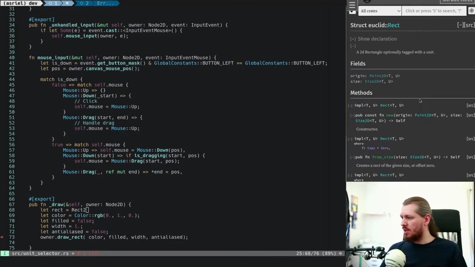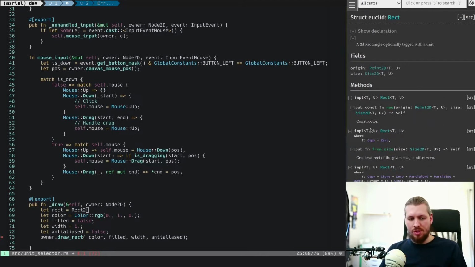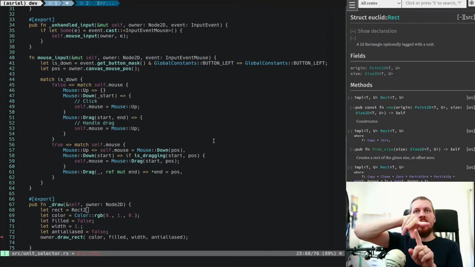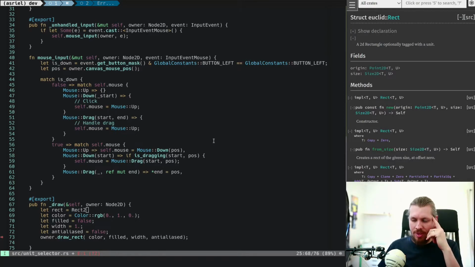And then we do a new origin and size. Okay, right, of course. So the origin is the center point and the size then defines the extent. So if you wanted to go from the middle out to the right and to the left, you'd have the point at 0 and the width would be 4, right? So let's do this. Let's start by creating a rectangle,